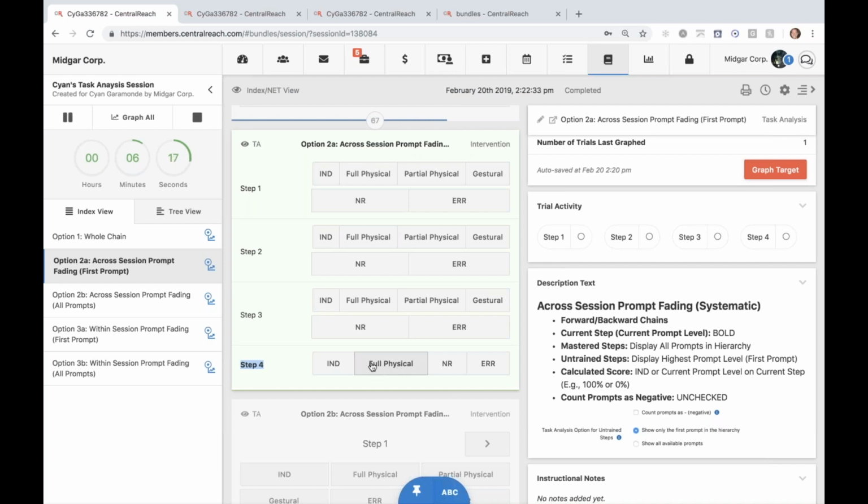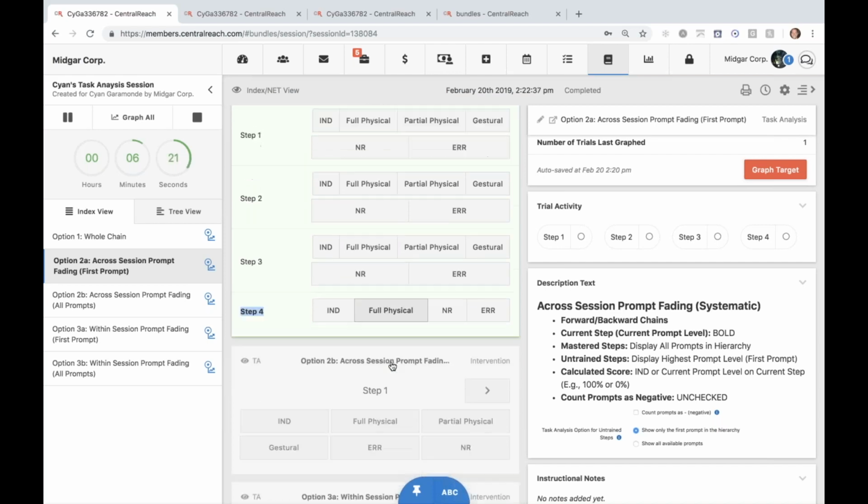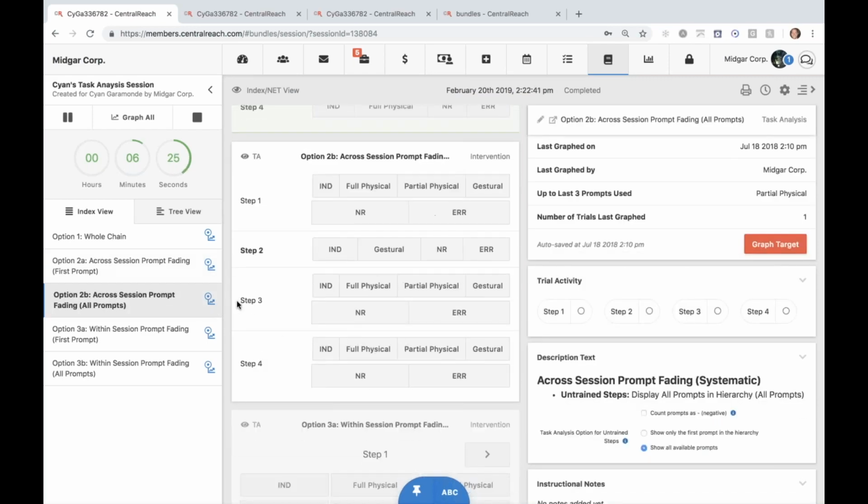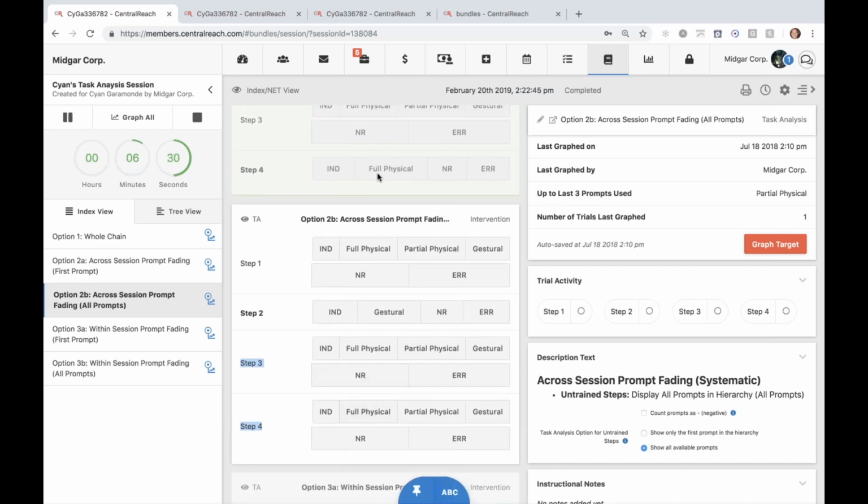So this one would show the highest level if we were still on there. So it would still look identical to that. But right inside of here, when we scroll down, we're seeing the difference between these and that. Is that all of the untrained steps show all prompts versus with this option checked, we're only seeing one. So